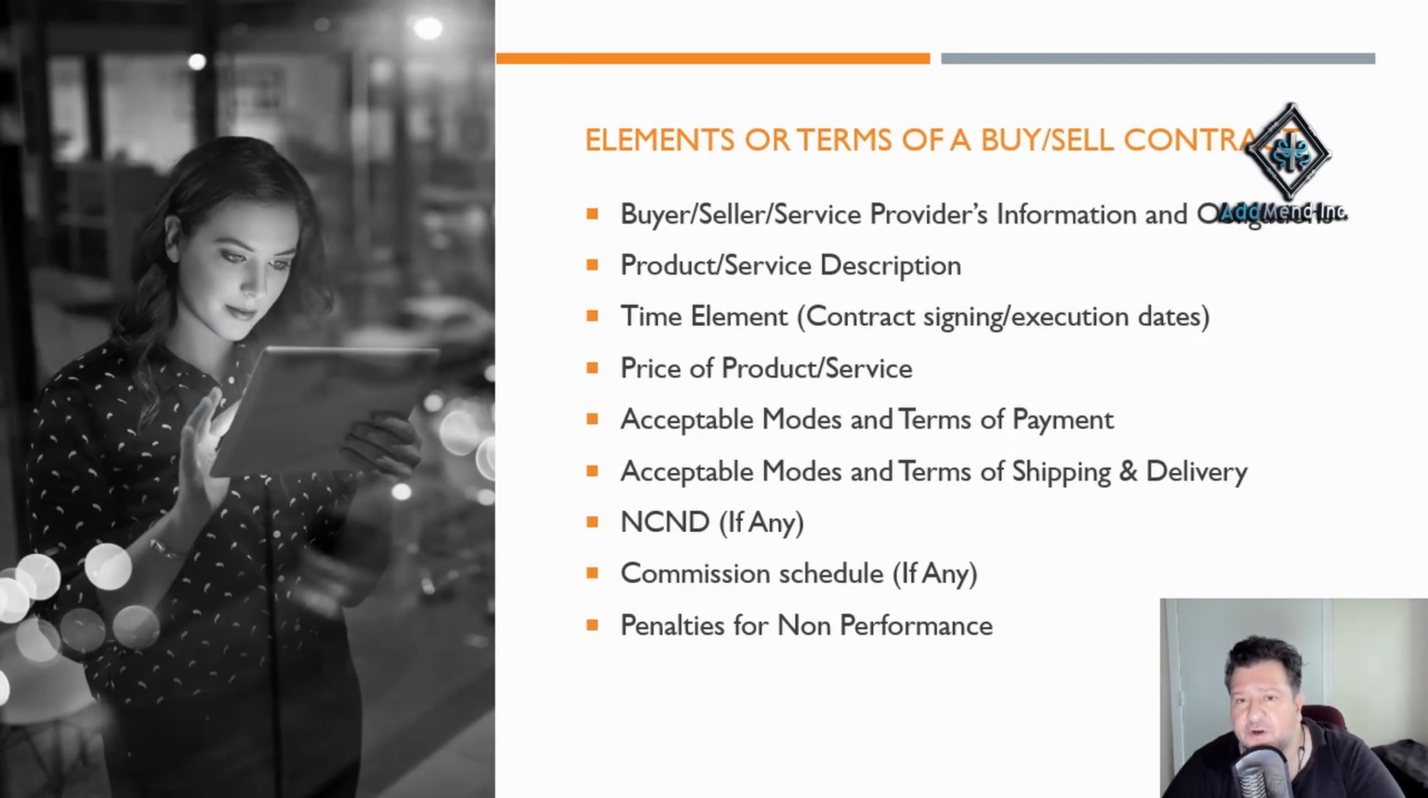Elements or terms of a buy-sell contract. A buy-sell or service provider's contract has a bunch of information in it. That information defines the contract. And the first and the most important is the provider's information and obligations. The product service description,